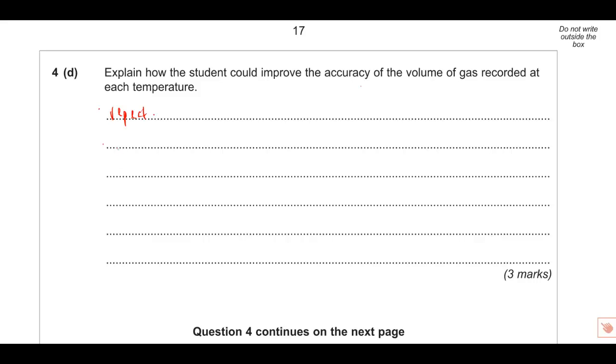By repeating, it allows you to get a range of results, but that's not quite enough. When you repeat, you're then looking to spot anomalous results, but once we know that we have anomalous results, it's very important to identify them and exclude them from the data. What I mean by that is, if we have a range of results, let's say we have 21, 22 and 34 as our three volumes or times, whatever they are, this one is clearly a lot higher than the other, and therefore we're going to exclude it. When I calculate a mean, I'm going to calculate the mean of these two, divided by 2, that's a 2, not a 3, and I'm going to come out with 21.5. So exclude them, and then obviously calculate